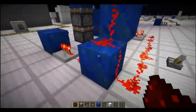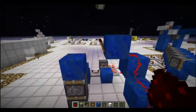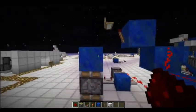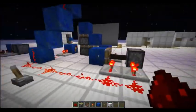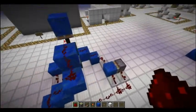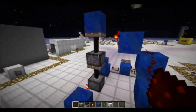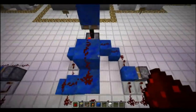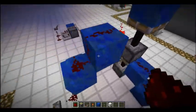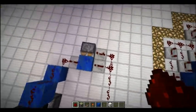We have this coming around here to here, that's for the bottom piston, and it splits up to power the top piston when it's extended in this position, and this redstone torch will power the piston here. However, and in fact I'll just turn it on just so I can show you, and you can see nothing happened to this line. However, this has gone round, this is on, this has turned this on. When we retract it, this will turn off first because it has the least delay. So this one will retract. This one will turn off next, retract. And this